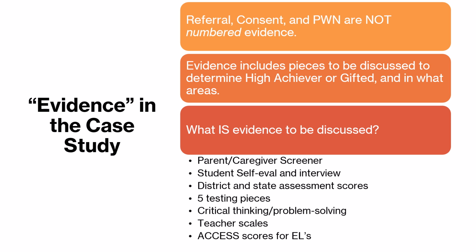The evidence that is part of the case study to be discussed by the GAT team includes the following in the list below. All of this must be accumulated and scored prior to holding the GAT eligibility determination meeting. The list includes the Parent Caregiver Screener for Gifted Characteristics, which is available in English and Spanish, the Student Self-Evaluation, the Student Interview Questions, which in a change for 25-26 is now specific to 3 different grade bands,